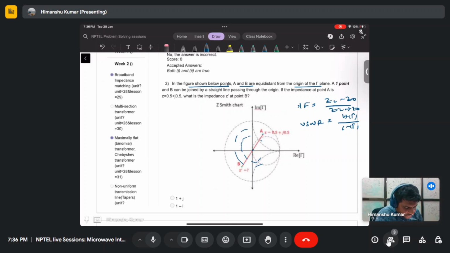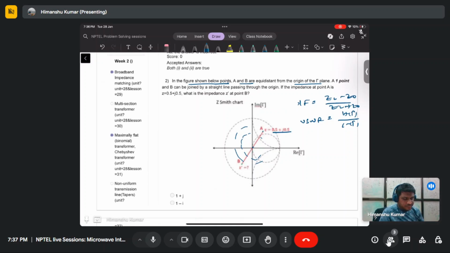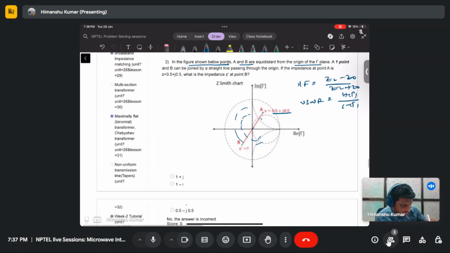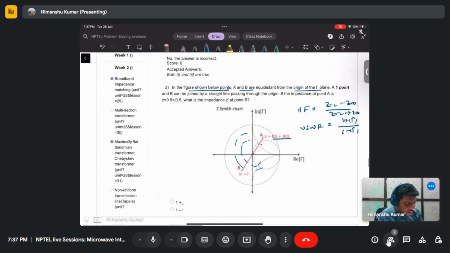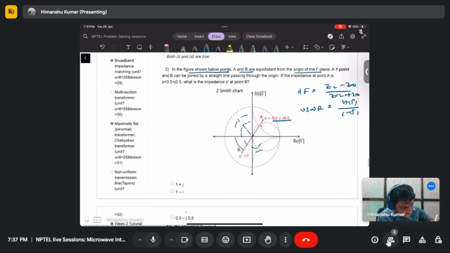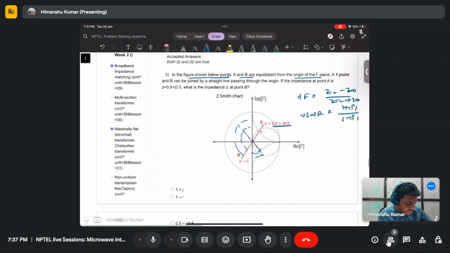If the impedance at point A is 0.5 plus j times 0.5, what is the impedance corresponding to point B? If you take the mirror image about the origin, as you can see, this distance is